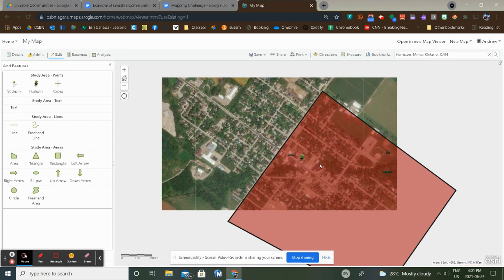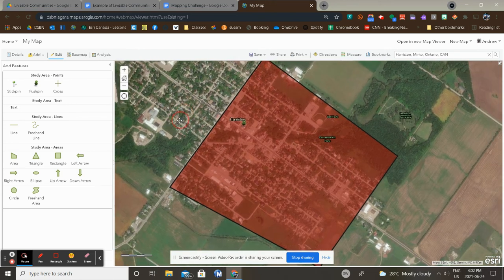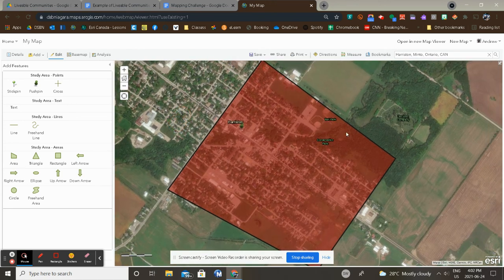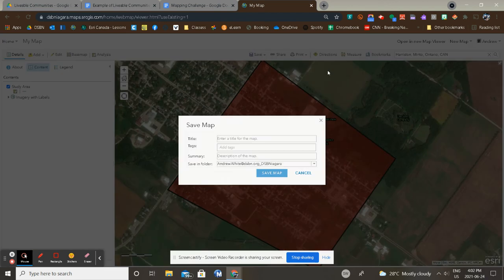Now that we've completed our layer, what we want to do is save our information. This program will not automatically save, so you should be saving regularly. So click on the Save button. Never click Save As, just simply click Save. If it hasn't been saved before, it'll ask you to put some information in. So I'm going to